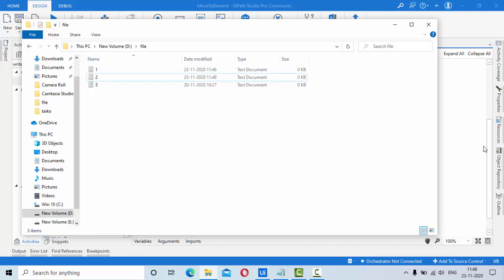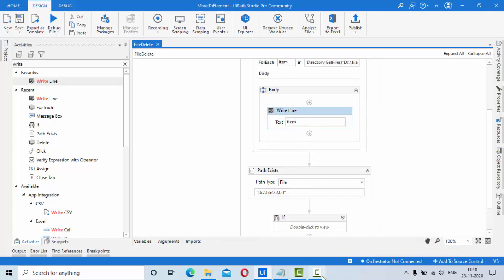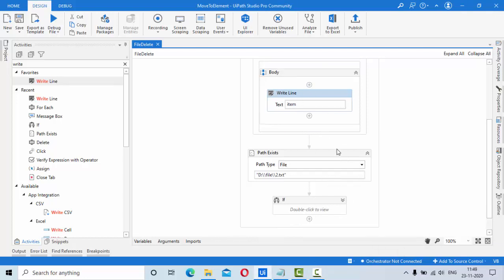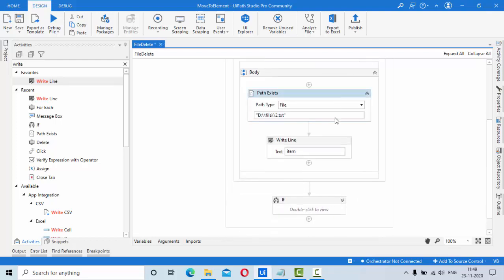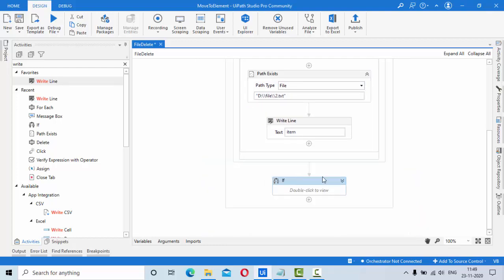Yeah, fine, that's it. Then here I have this particular item, and it is having the list of files here. So from this list, I'll check if I have one file. If that particular file is existing, I'll try to delete that file.